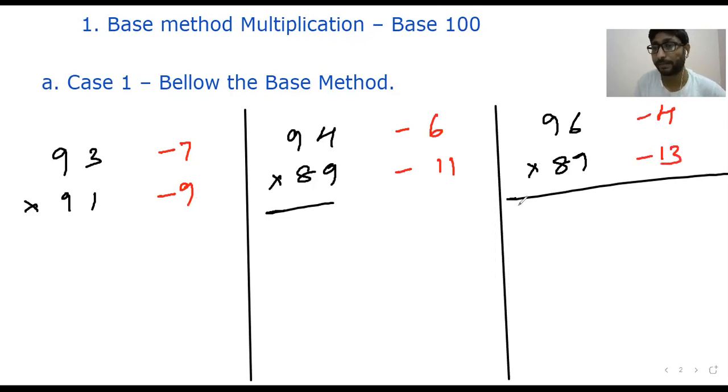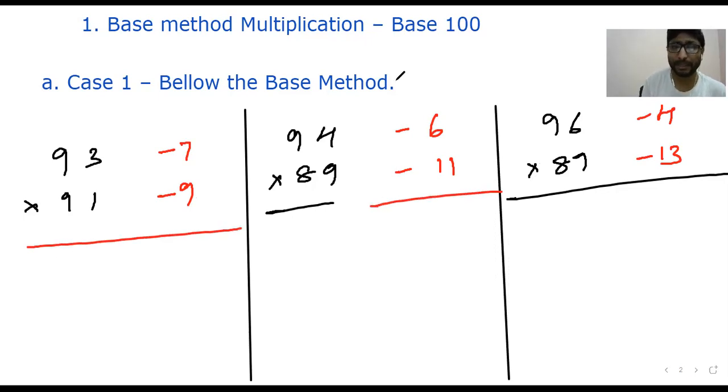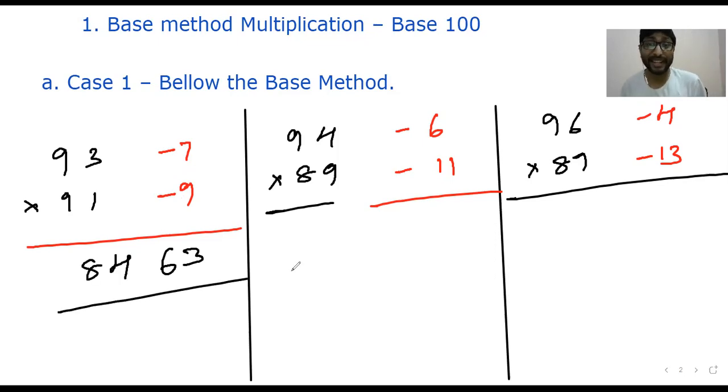100 minus 13. See, right hand side and left hand side. Very simple. 7 9s are 63. Okay. 91 minus 7 or 93 minus 9. How much? 84. That's it. Is there any calculation required? Basic subtraction and basic multiplication.